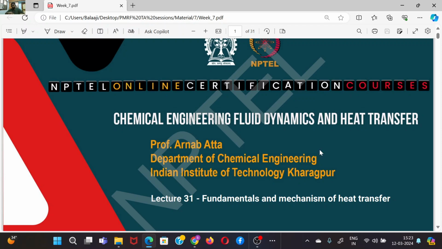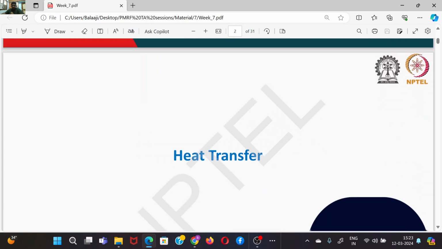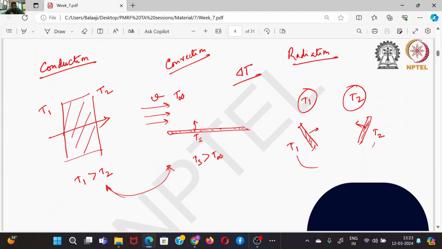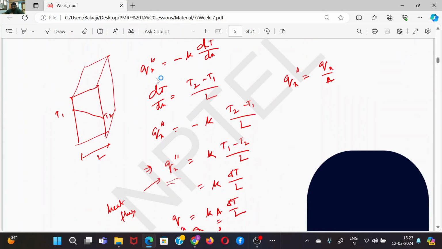So basically now we are into the heat transfer part. The fluid flow module is over, and now Professor Arnav Bhatta is taking the heat transfer part. So what did he cover? The very basics, fundamentals only. Like what is conduction, what is convection, what is radiation, the modes of heat transfer. Then he introduced Fourier's law